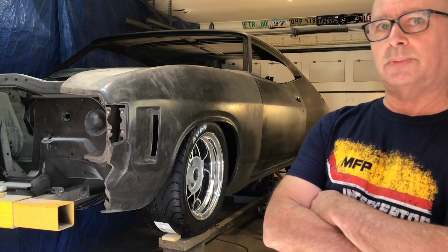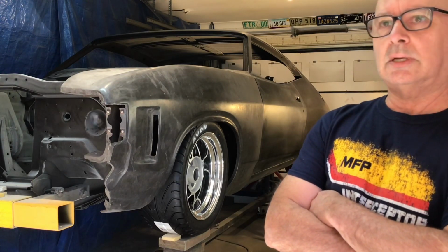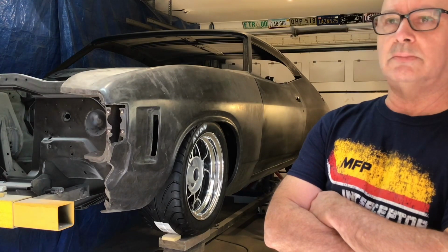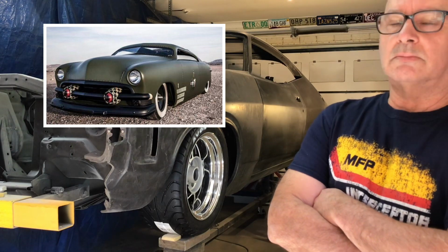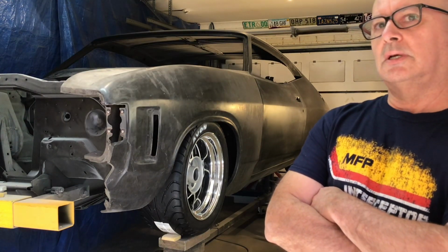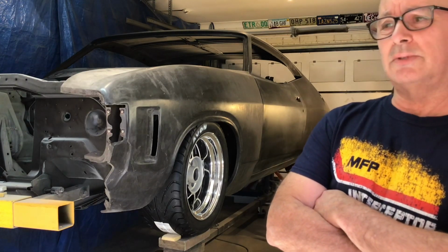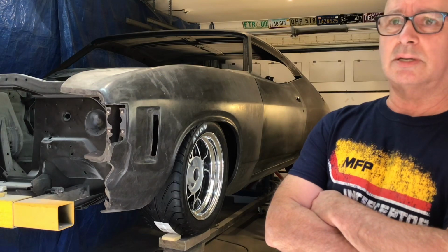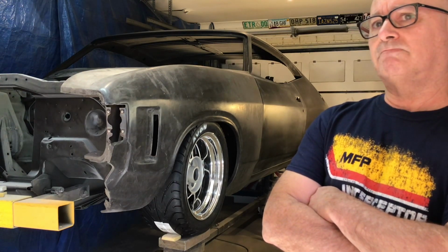So I looked at other paint jobs like matte black, but that's been done. And then I looked at even military type jobs, olive drab and airplane themes, because I'm a bit of an aircraft enthusiast. But again, that's been done, and it didn't really suit the vintage of this car, so I sort of shied away from that. And then